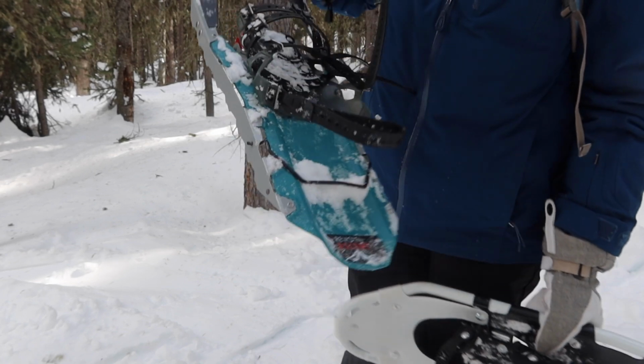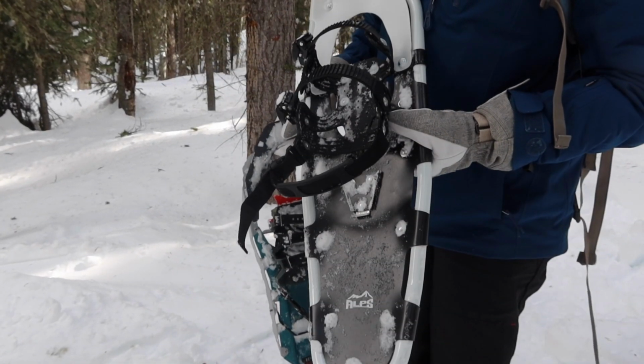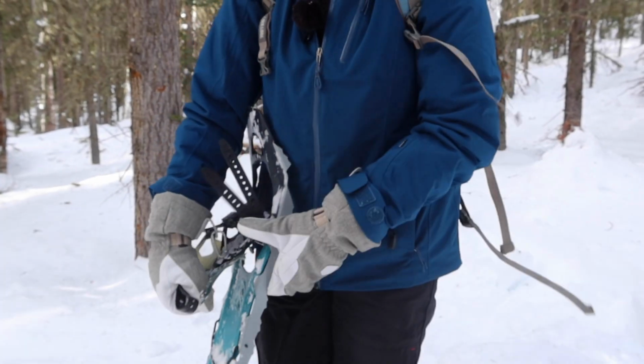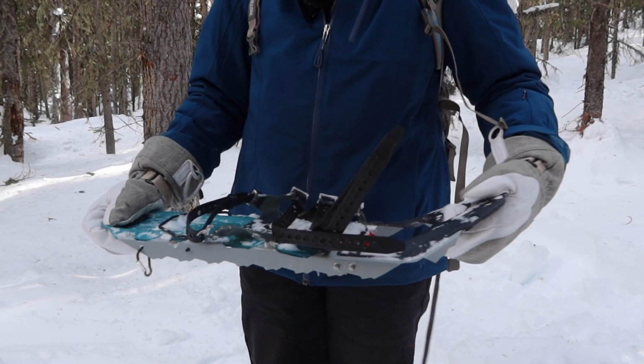These slide on the ground. So as I'm walking, they slide on the ground, where these kind of pop up a little bit. They kind of pop up. One of the things I really wanted to emphasize, and the reason why I really needed some new snowshoes, was